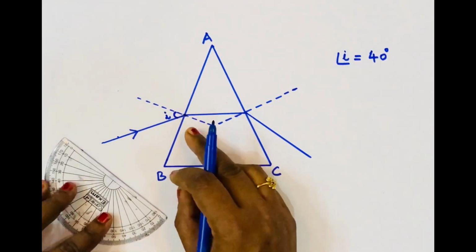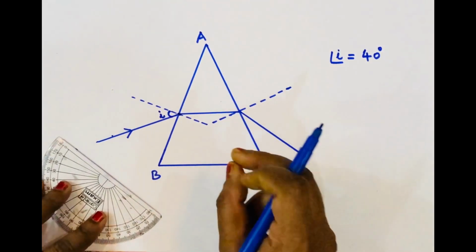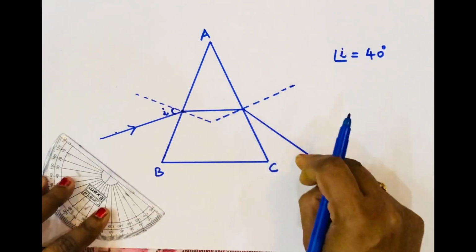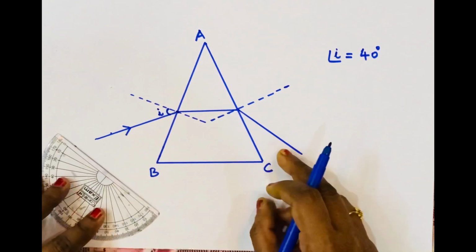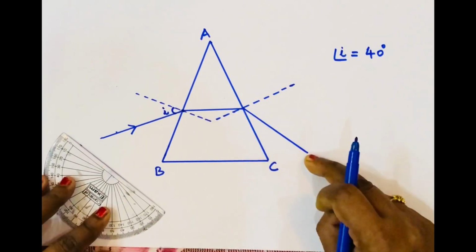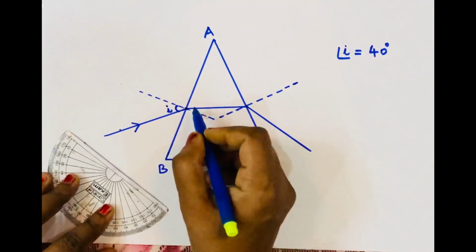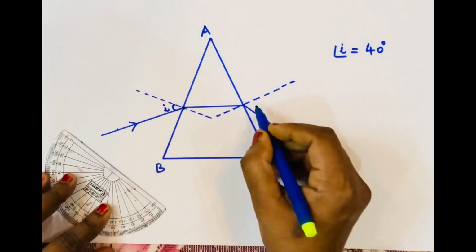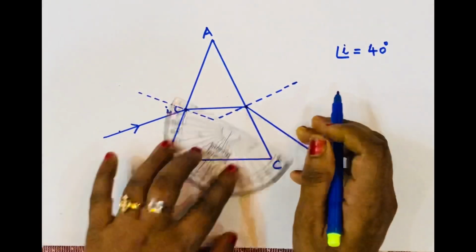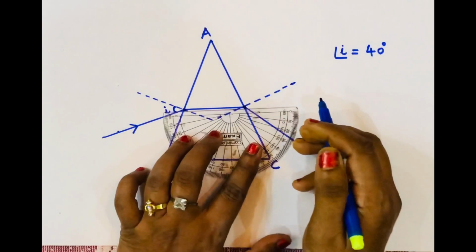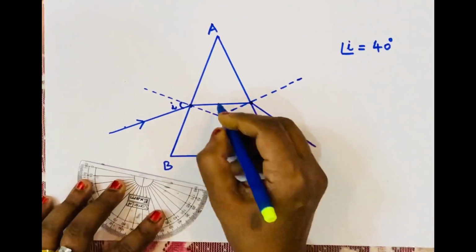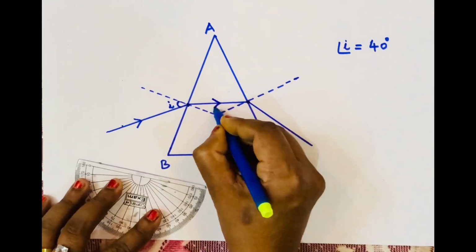Later on, by using the pin experiment method, as we have seen in the case of the glass slab, I have fixed another 2 pins in such a manner that all the 4 pins lie in the same straight line looking through the prism, and I have drawn the line of emergence. This is the emergent ray. This is the point of incidence and this is the point of emergence. And here I have joined both the points, the point of incidence and point of emergence. So this ray is nothing but the refracted ray.